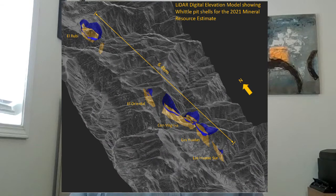The mineral resource that we produced and we have now released includes El Rubi, but also the southern area as well, which we're calling the Virginia claims. There are 4 separate deposits along that trend, and it's spanning about 3 kilometers. And then El Rubi itself is roughly 500 meters long, and it goes down to a depth of around 300